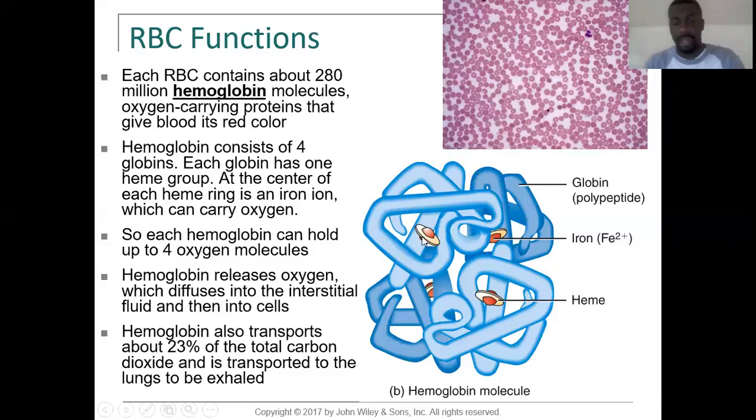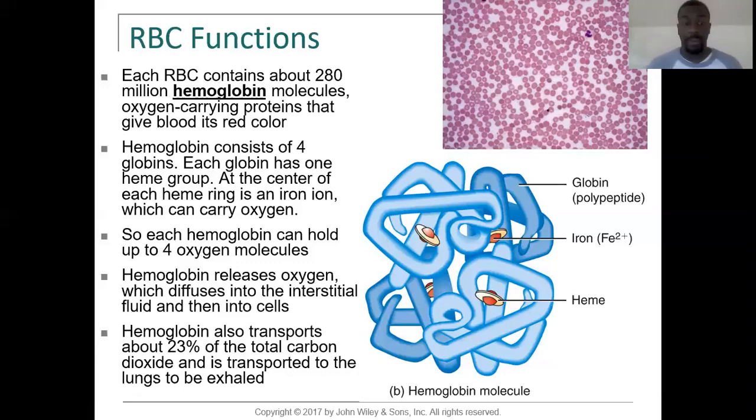Okay, sorry. So this heme group, this iron, is what actually allows you to carry oxygen. The iron itself is what carries oxygen. Because you have 4 irons per hemoglobin molecule, you're able to carry up to 4 oxygen molecules at a time. Hemoglobin has the ability to release oxygen as well as